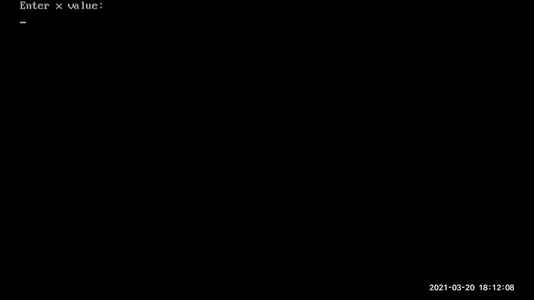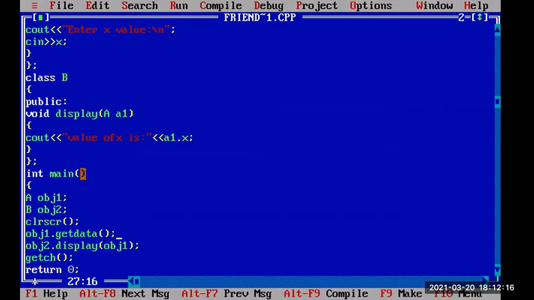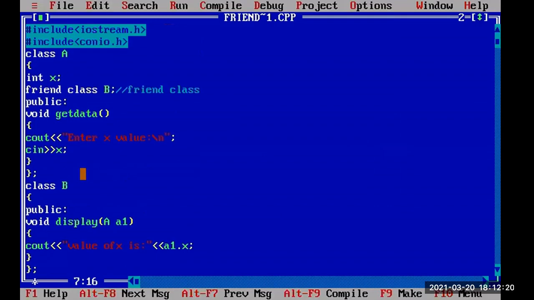Okay, is the command prompt visible? Yes, sir. Yeah, 12. So what is the value of x? 12. Okay, clear, right? All of you clear, right? Yes, sir. So by using this friend class, for class A, I am making B a friend class.